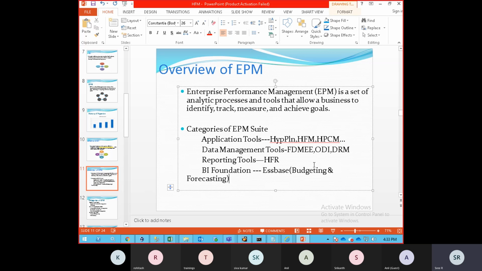Okay. Essbase comes under budgeting. If you want to do budget and forecasting, you can purchase Essbase. In the same way, Hyperion planning also. Hyperion planning is a web-based technology which does the same as Essbase. So that's why we call it Essbase and planning. It comes under one package. There are so many differences between these two. We'll come to know that later.